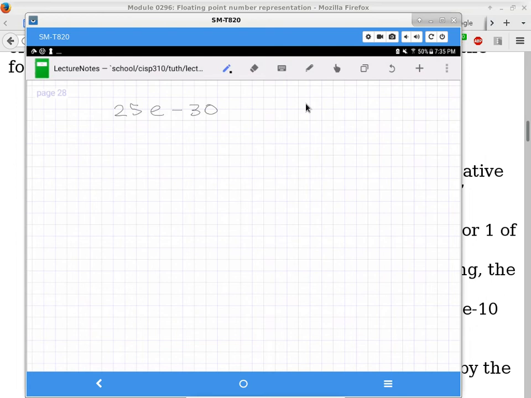Real fast before we get to that, I noticed this isn't in scientific notation. Fine. The parser would choke on this one because we know we want just one digit before the period. So we have a dot here. The first thing we want to do is to parse this into an integer or unsigned integer mantissa, and then adjust the exponent accordingly.